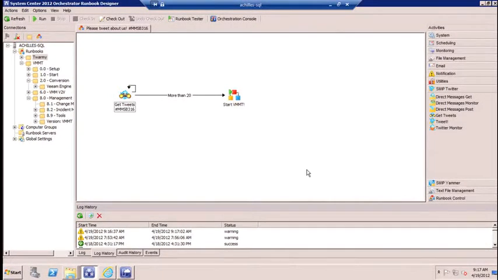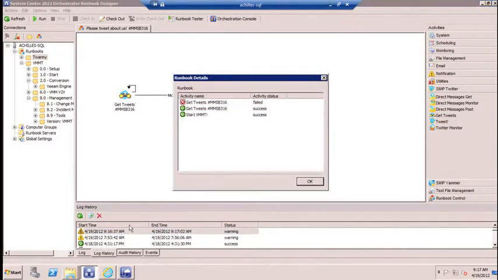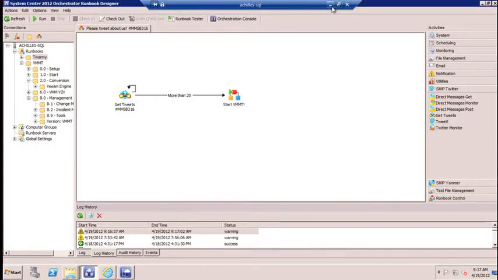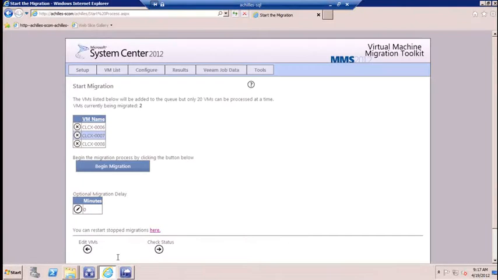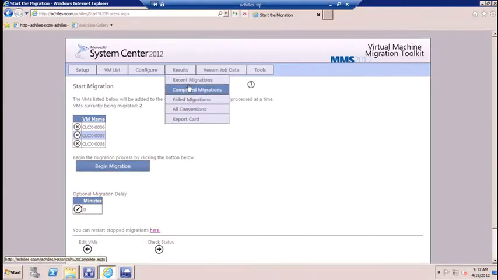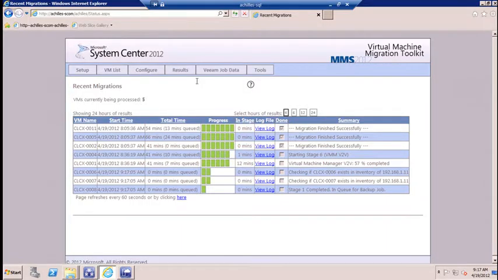So let's see. All right, so the tweet IP gave me a little error there, but it looks like it tried to start. So let's go in here and let's go right to results and see if they showed up. 6, 7, and 8 are the ones we're looking for. Tweet fired VM conversion, ladies and gentlemen. You pushed the button. Well, 4 of you did. The rest of you,